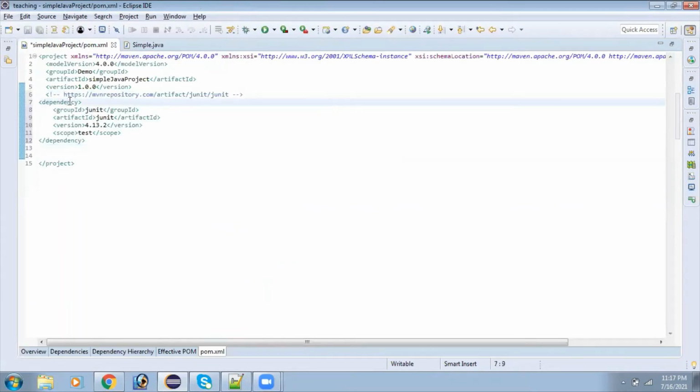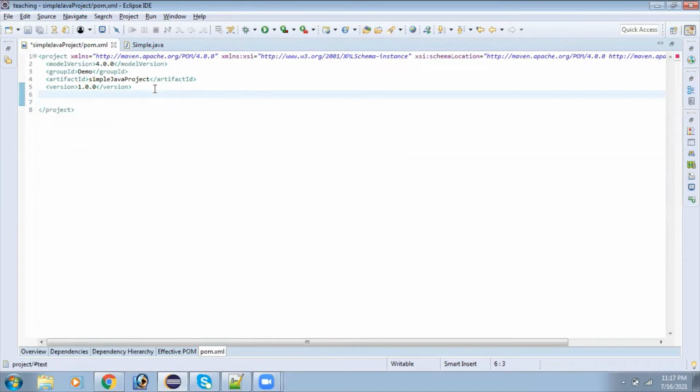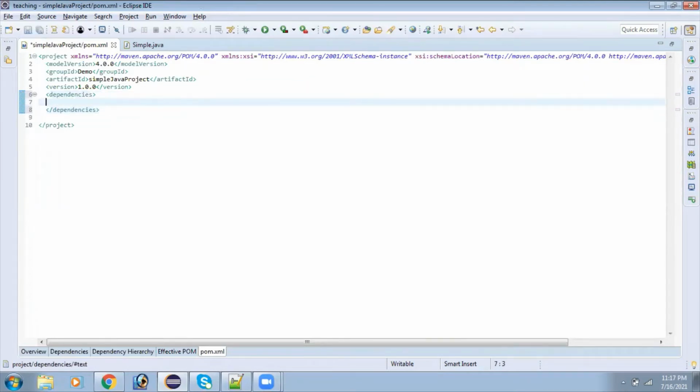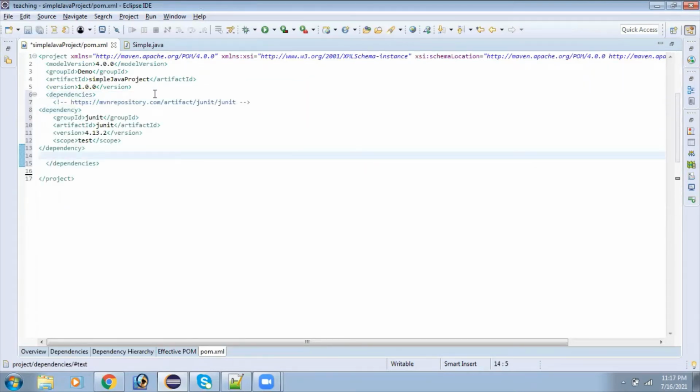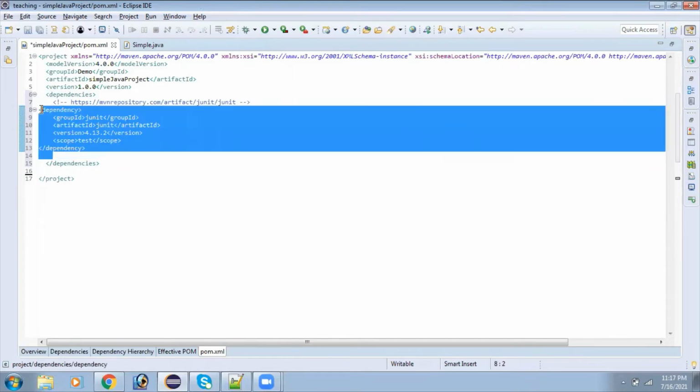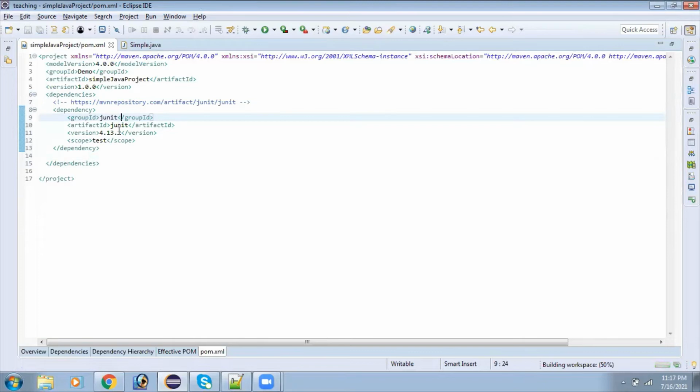As I said, it is a dependency. A dependency must be inside dependencies. Dependencies is plural and this is singular. So I save it, and now I am able to write a JUnit test case.